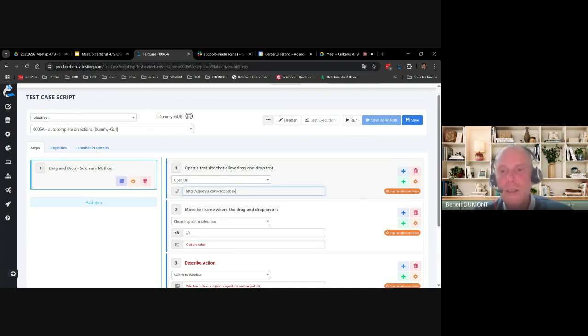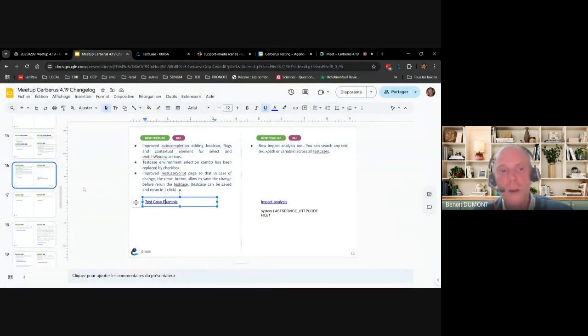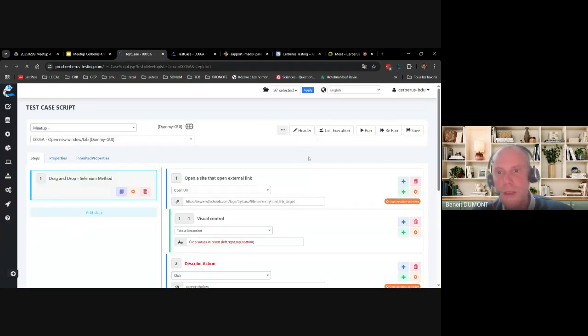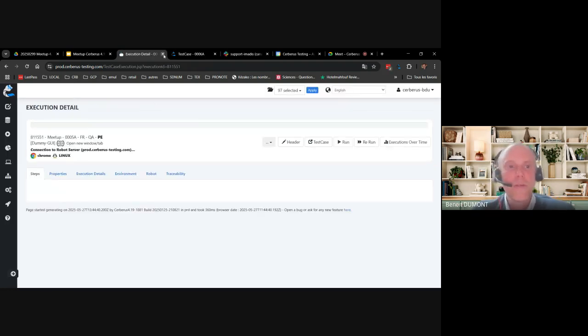Now, when you edit and change anything on one test case, the button to rerun automatically takes the save. That's a lot more convenient because it means one click. So I'll try to pick another example. I think this one is better. That means that in one click, I can save and rerun directly. That saves one click and makes things faster.